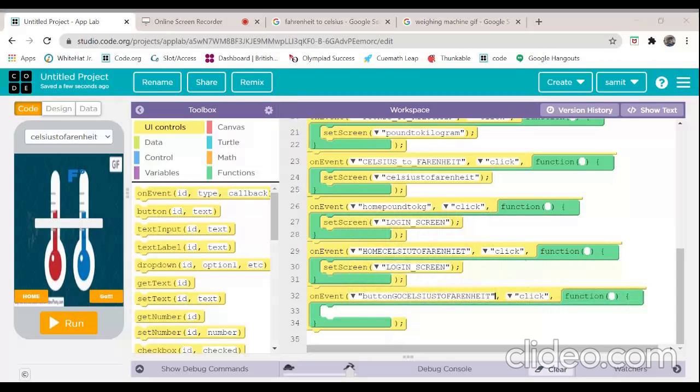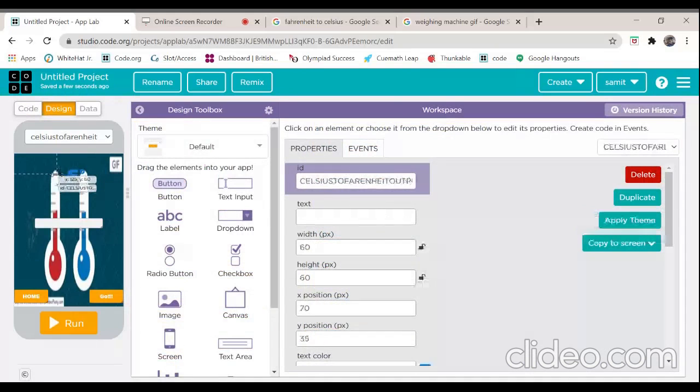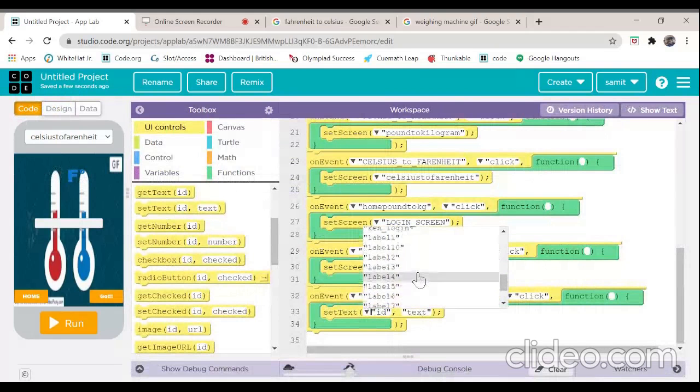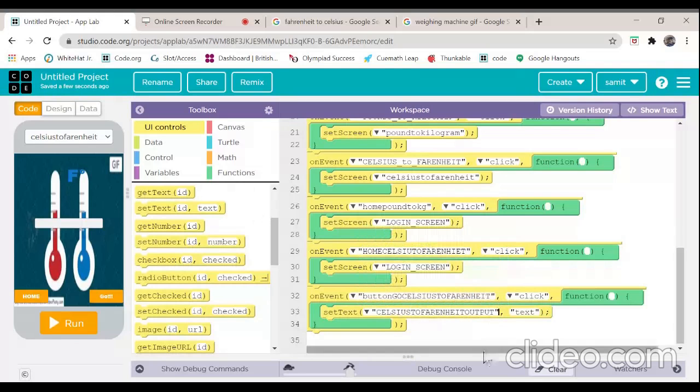Okay, set text. We have to set text. So we take the set text block. And what's this? Let's see. It's Celsius to Fahrenheit output thing. Set text. Celsius to Fahrenheit output. Now we have to take, I think we will have to take